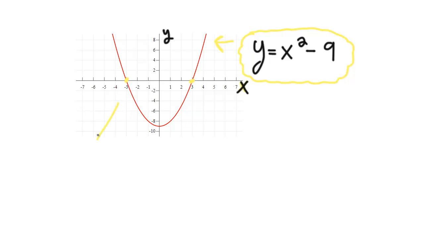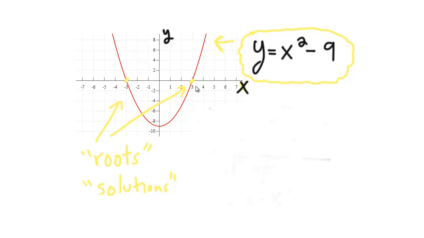So these are called the roots or the solutions to the quadratic equation that we started off with, which is y equals x squared minus 9. Another name for the roots or solutions for these 2 points are the x-intercepts. So we can call these 2 points the x-intercepts for the parabola, because that is where the parabola crosses